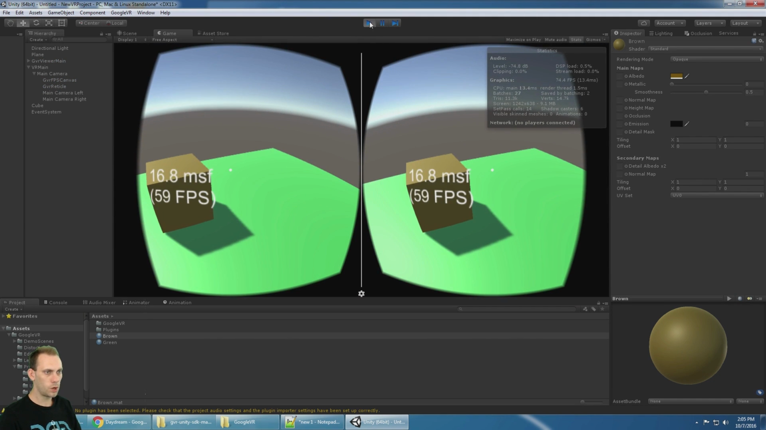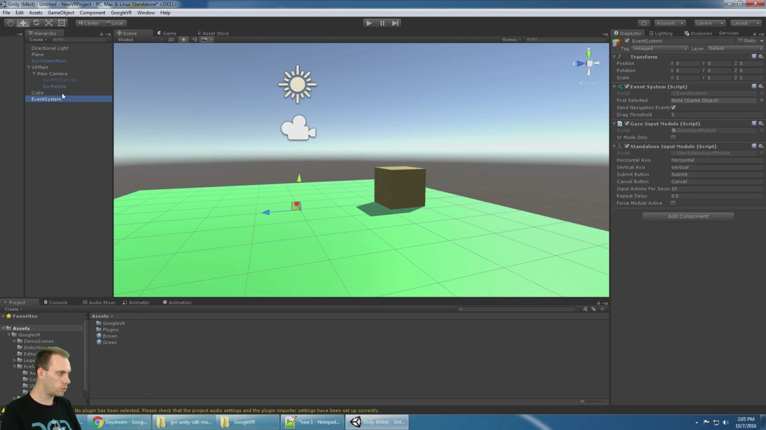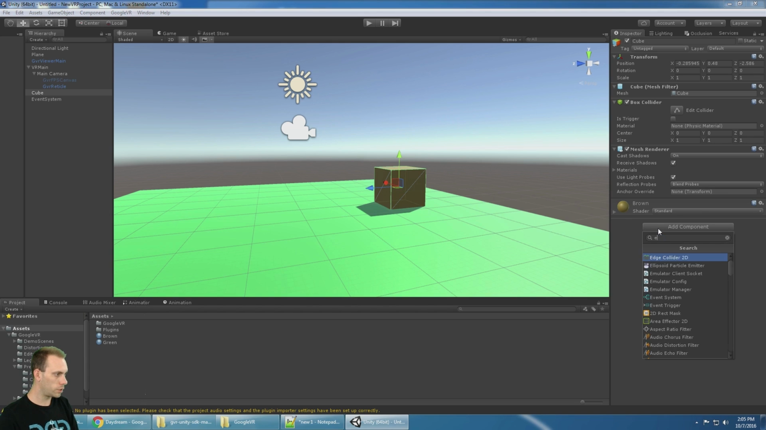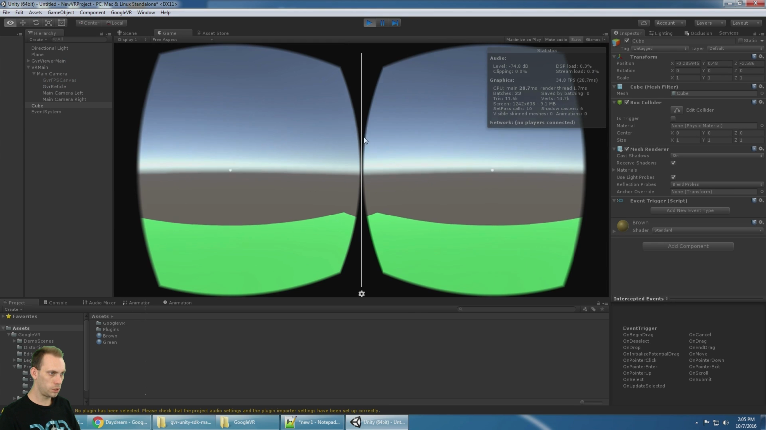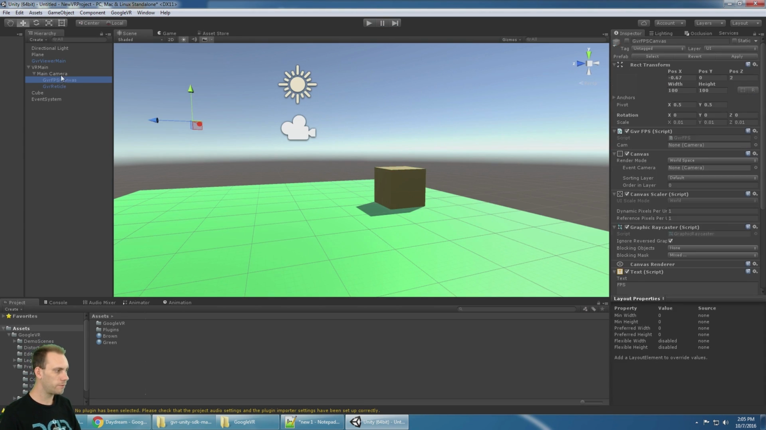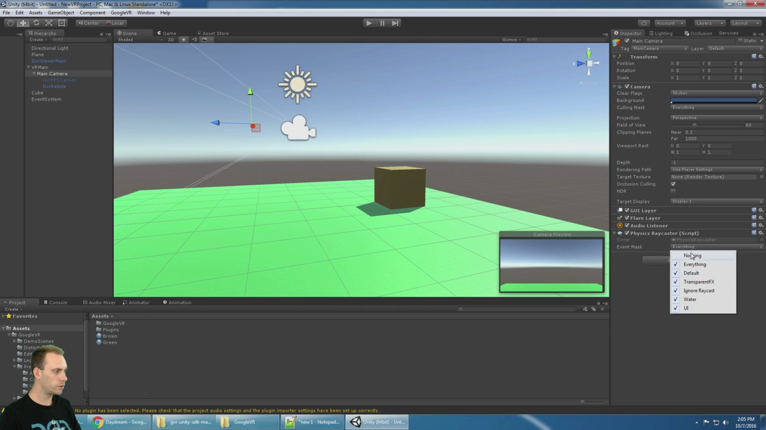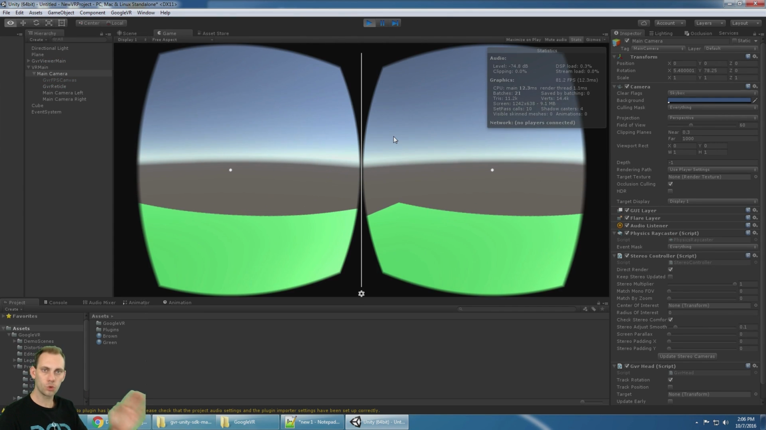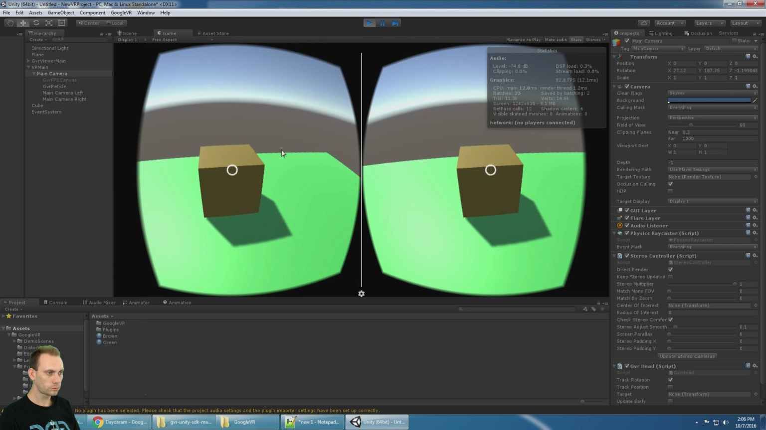Okay, so we got the box, we got the ground, and the dot doesn't do anything on the box, and the reason why is because it needs to have an event trigger. So I'm going to add a component called event trigger, and now we will see the dot do nothing. And the reason why is the camera needs to have a Raycaster. So this is a physics Raycaster, and we can select which layers for it to respond to. Right now it's on everything. So now, because there's a physics Raycaster shooting from the camera, it can respond to the box,